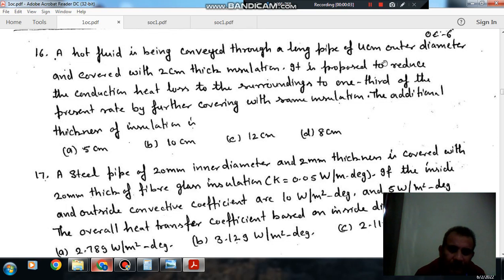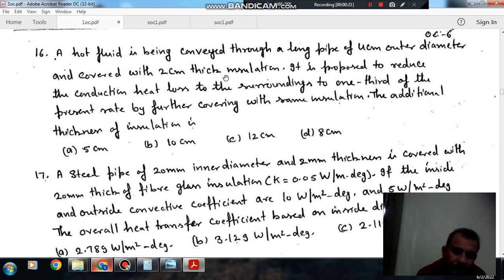Hello, welcome again. We are solving some questions of heat transfer. The topic is one dimensional heat conduction. Question number 16: a hot fluid is being conveyed through a long pipe of 4 centimeter outer diameter and